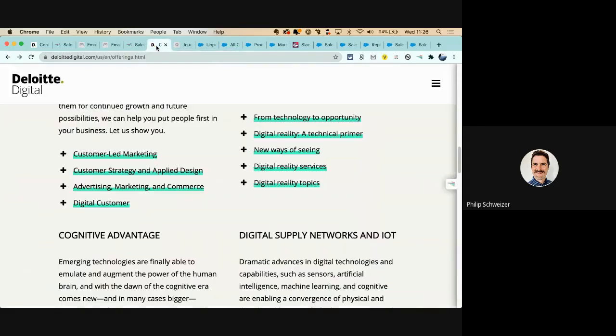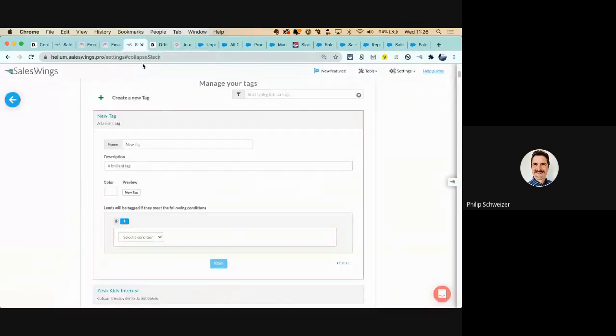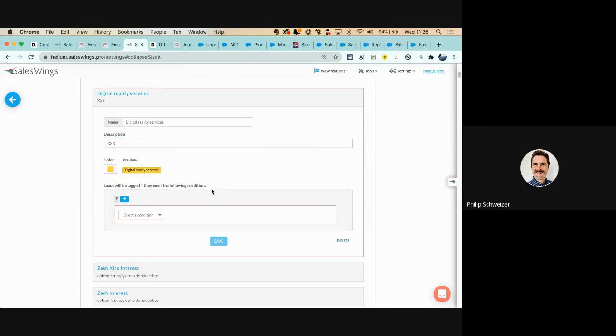Now I'm imagining, so we have here on the Deloitte website, let's say Mark's also interested in digital reality services. I want to identify leads from the past, but also moving forward who have this interest. I'm going to give them a tag. Give it a color right there.